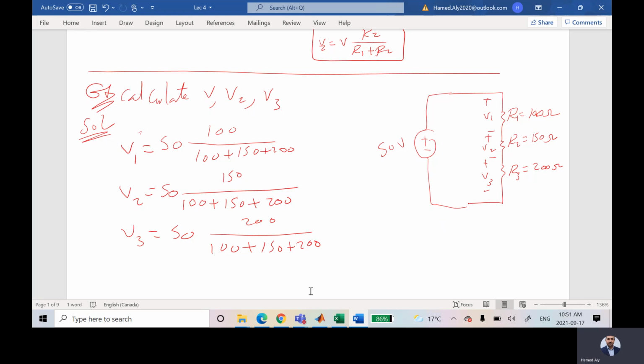Now, let us talk about the problem, which is similar to assignment number 1, the first problem. In assignment number 1,